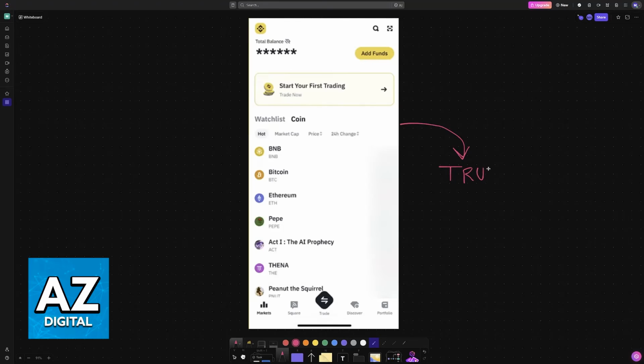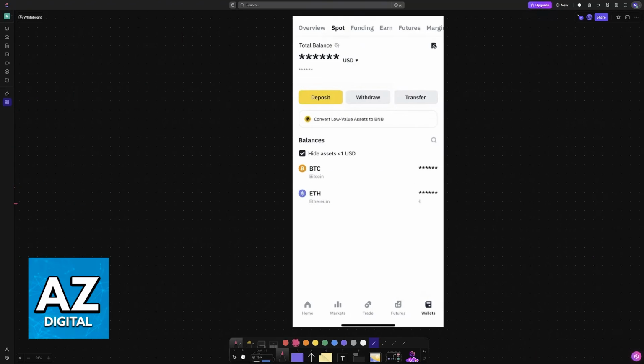In this video, I'm going to teach you how to easily manage your crypto assets and transfer them from any exchange wallet that you have to Trust Wallet. For this video, I chose to use Binance as an example. However, the same general steps can be used for any other exchange as well. So, as a visual example, I'm using Binance.